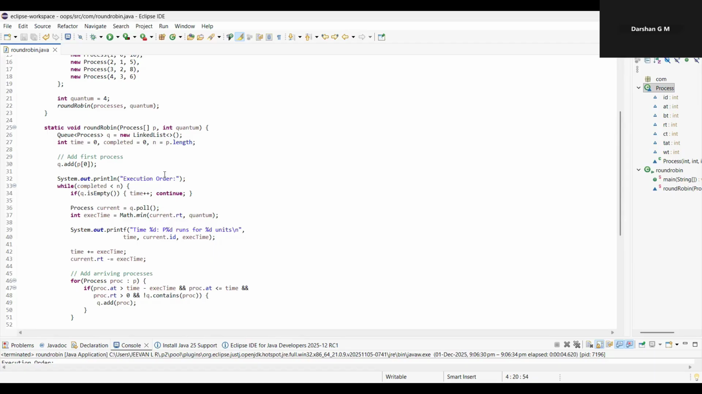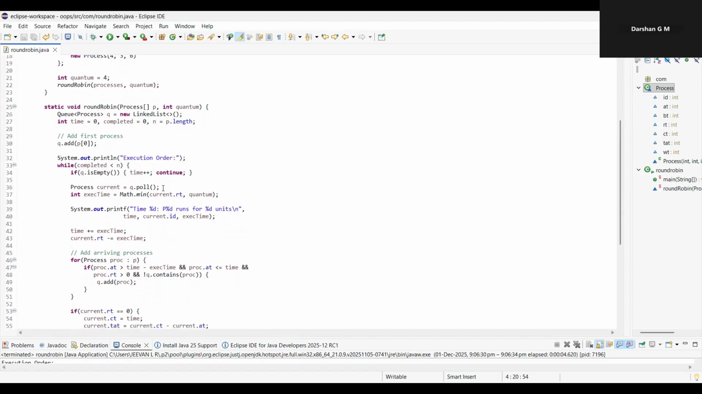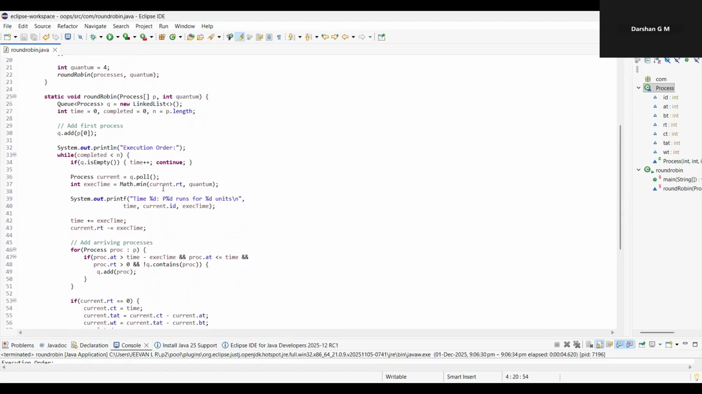Next, we check which processes arrived during this time. Those processes whose arrival time is within the executed time are added into the queue. If the current process still has remaining CPU time, it is added back to the queue. If the remaining time becomes zero,